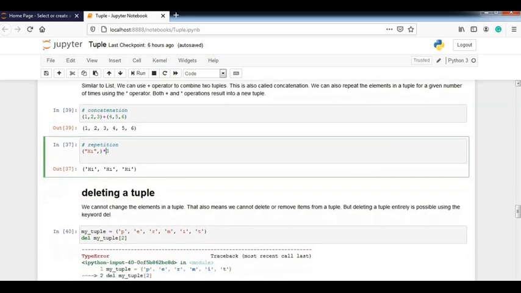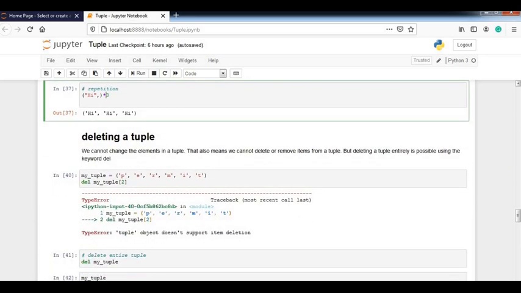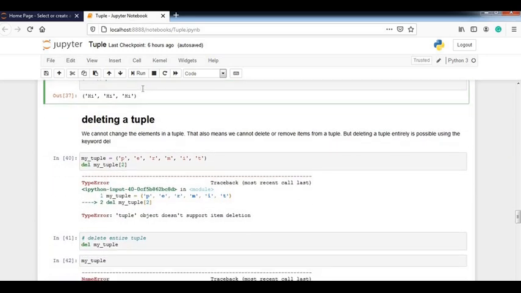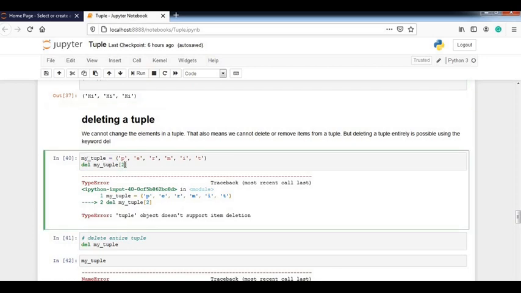So next is how to delete a tuple. Again, as it is immutable, we cannot delete or remove items from a tuple, but deleting a tuple entirely is possible using the keyword del. In the first example, if you try to delete a single element at index position 2, it will give you an error that the tuple object doesn't support item deletion.